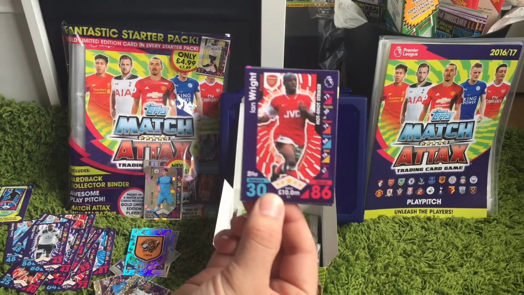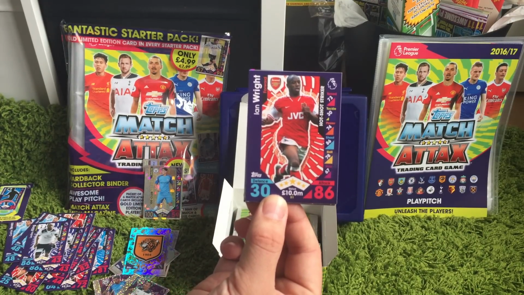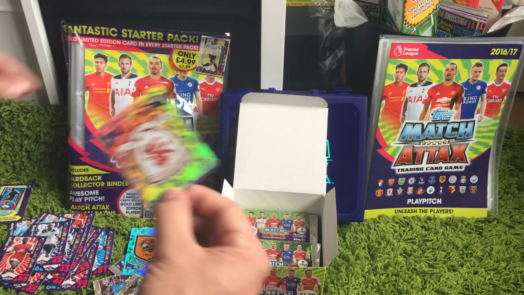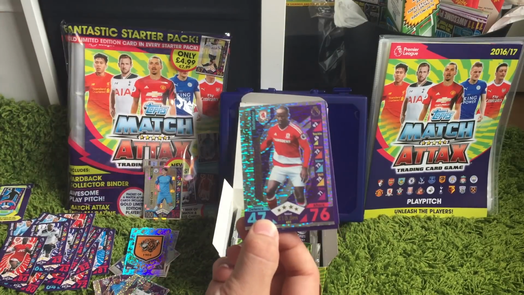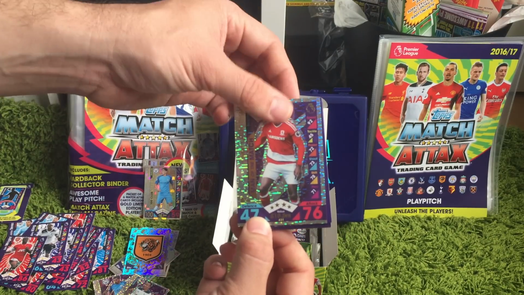And then we have the first one of these we've got so far. We have Ian Wright for Arsenal as a legend card there, and back in the old JVC kit days. Then we have the Middlesbrough badge, and then we have an Adamoa, a Middlesbrough man of the match card,